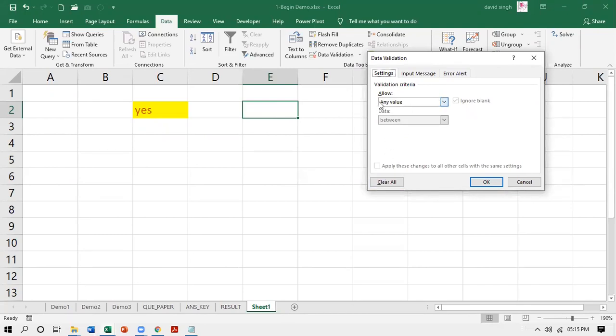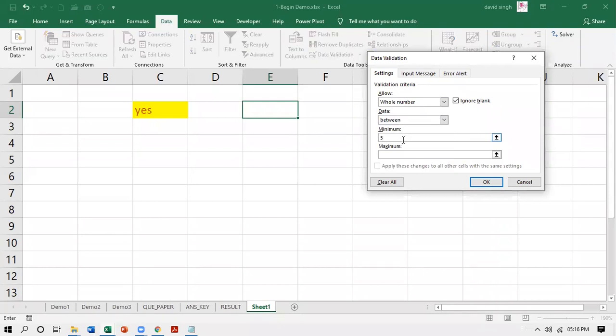By default, it is any value, no validation is there. So I'm going to put the range. For range, what I have to do is go for whole number between. Now, so many combinations are there. My criteria is between 5 and 18. So between minimum value 5 and maximum value 18.